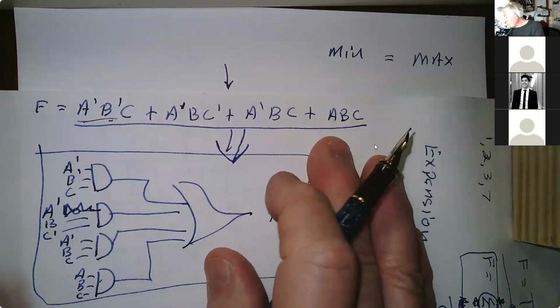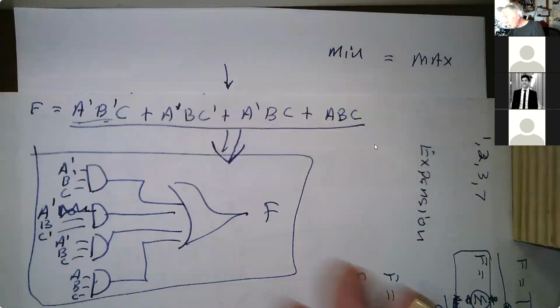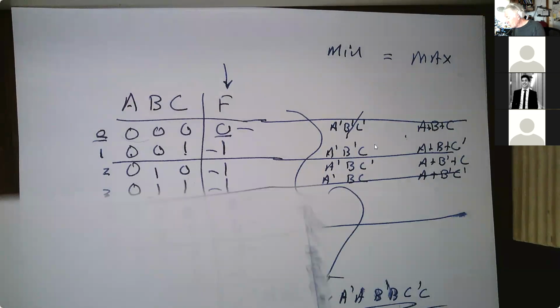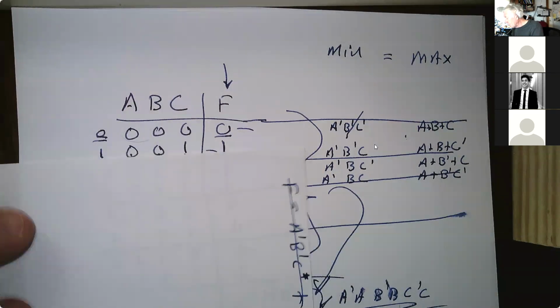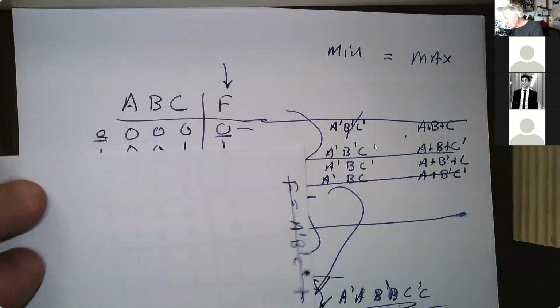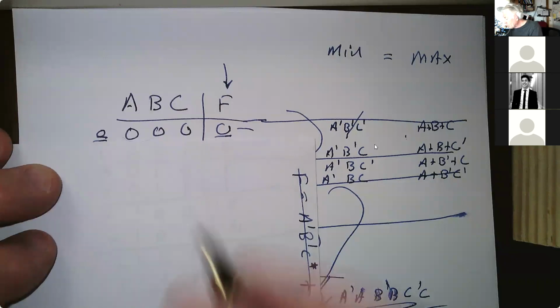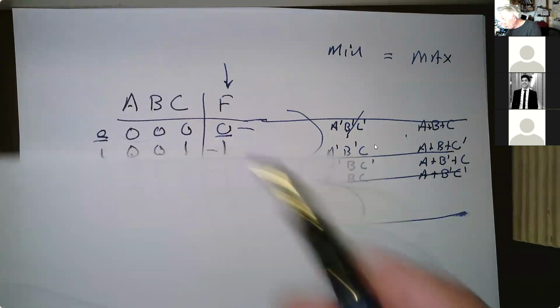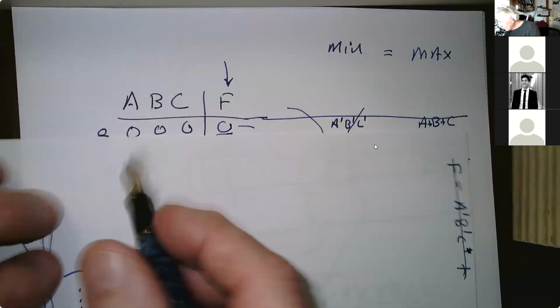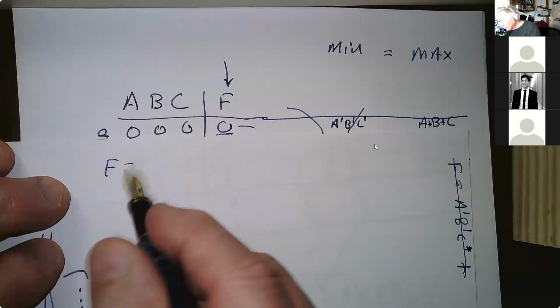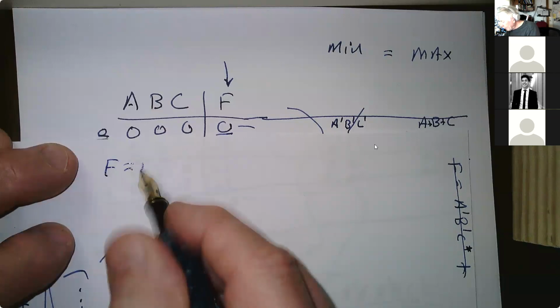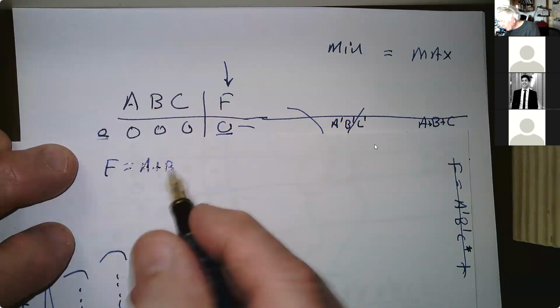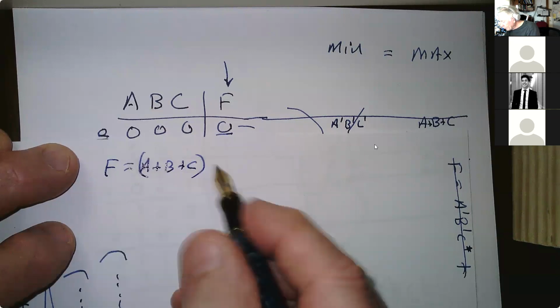And with the max terms, it's exactly the same, only with the max terms, I'm going to use OR gates as the input gates with one output AND gate, and I'm going to use the zeros. So here, and I have to flip these. That's maybe the weird thing. So this one would be F equals A plus B plus C, because it's an OR gate, times